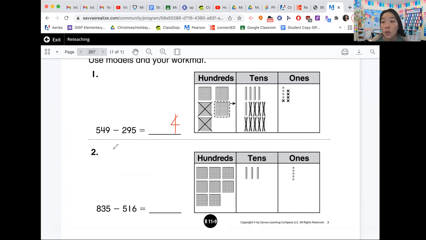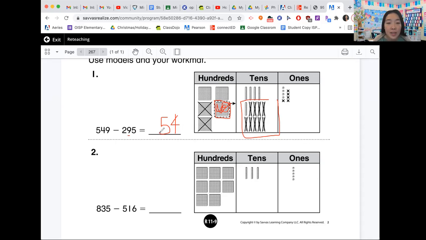Okay. Step 2. Okay. I think I heard from Sally. So let's go to Billy. Okay. Billy, we have 4 tens. We need to subtract 9. Do we have enough? No. So what do we need to do? We need to regroup 100. So then we got rid of this 100. This 100's no longer here. And then we put 10 tens. Now we're going to take away 9 of them because we need to subtract 9. That's step 2. And how many do we have left, Billy? 1, 2, 3, 4, 5. We have five tens left.